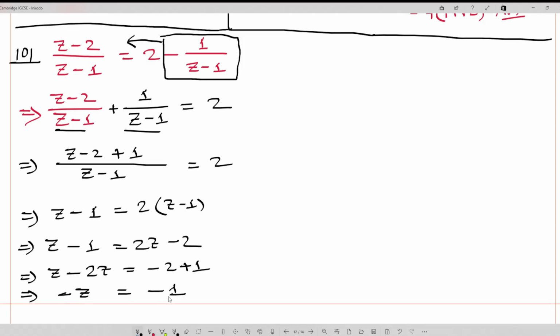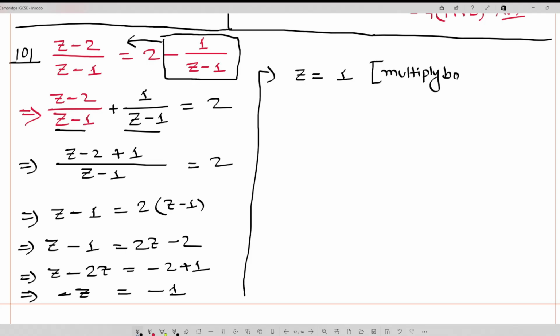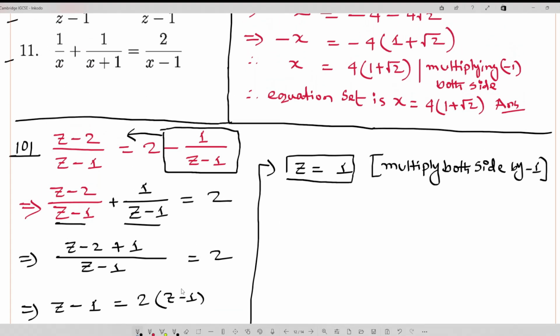Now look, once we multiply both sides by minus 1, z equals 1. We can write multiplying both sides by minus 1. But a very important thing is that